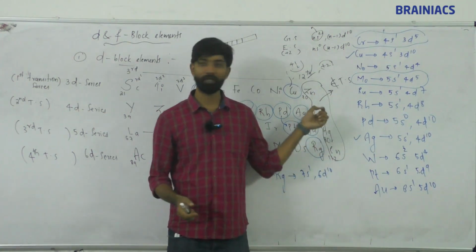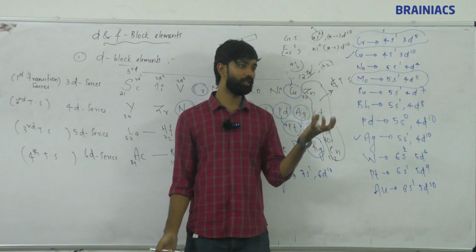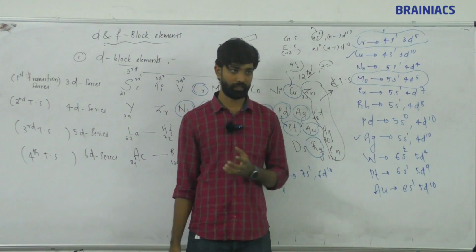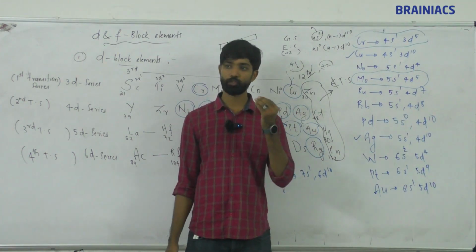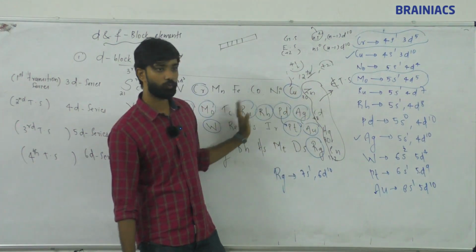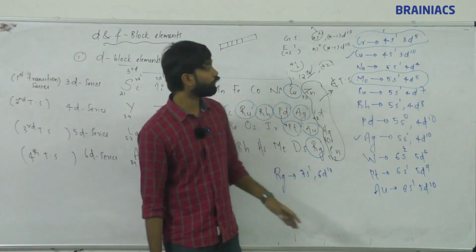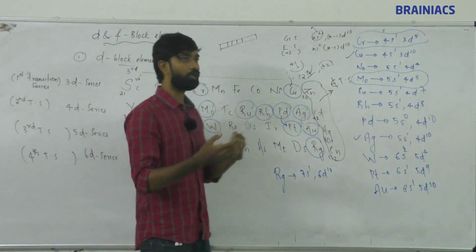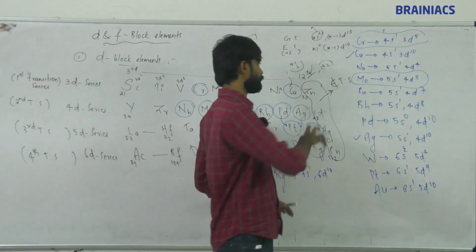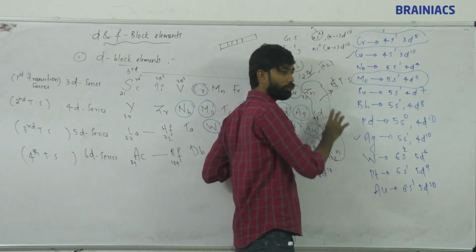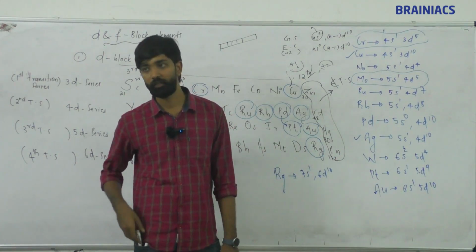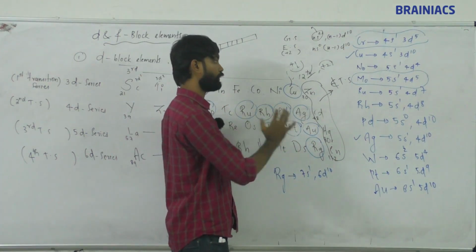That's why their properties are entirely different. They are not tough or strong. Zinc, cadmium, mercury are volatile metals actually. They are soft, volatile metals compared to the others. Their character is entirely different. Due to fully filled d orbitals, they can't participate in metallic bonding like that. So their toughness and strength are relatively low. They show a lot of exceptional character from the rest of the elements, so they are not considered as